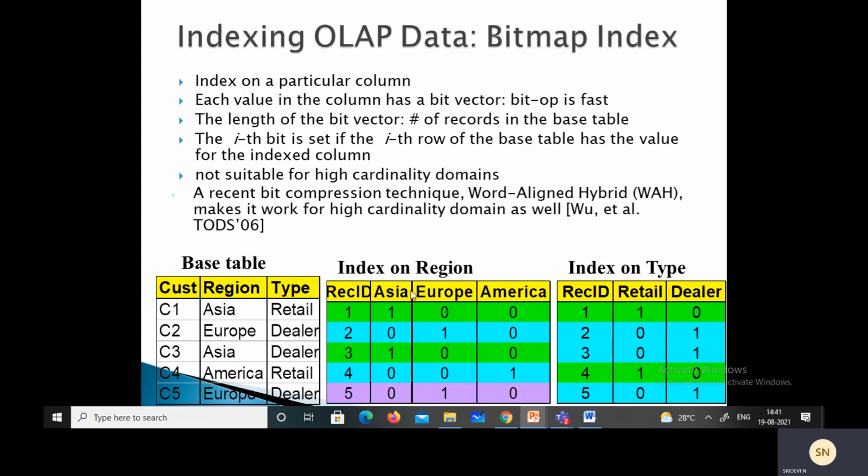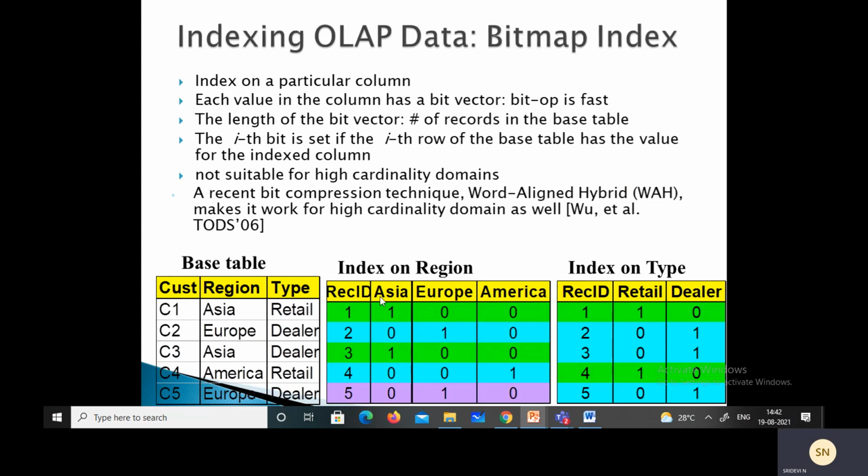So we are indexing on a particular column, the region. From the base table, we have selected one particular column and indexed on it. Each value in that column has a bit vector, and this is fast.